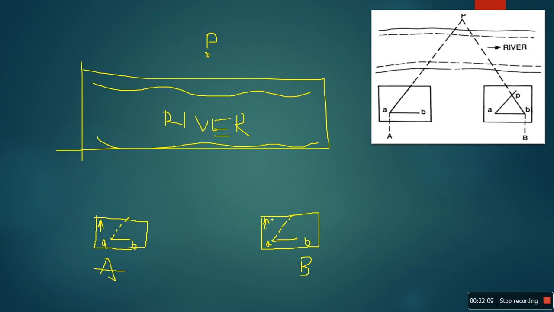If it is not like this, just loosen the clamp, then rotate your plane table clockwise or anti-clockwise until the needle in the trough compass is exactly at center. Until that, you have to rotate the plane table. Then when the needle is exactly at center, 0 degree, stop, then tighten your clamp. Now the AB line on the drawing sheet is exactly parallel to the ground AB line. This is one method of orientation of the plane table.